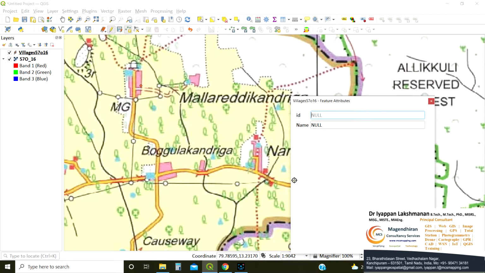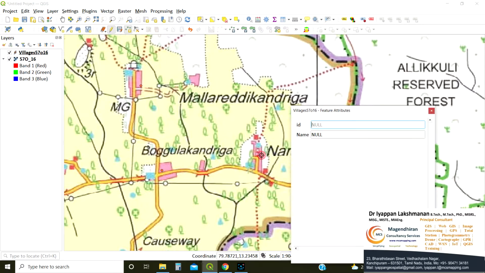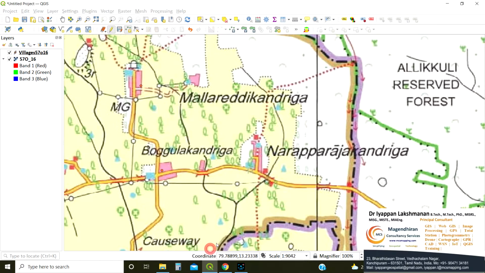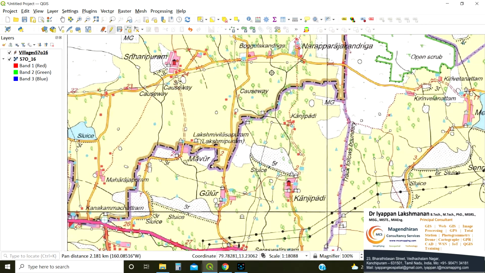Similarly, 3, Boggula Kandigai. Here Narappa Raja Kandigai. Like that, we can capture all the villages.